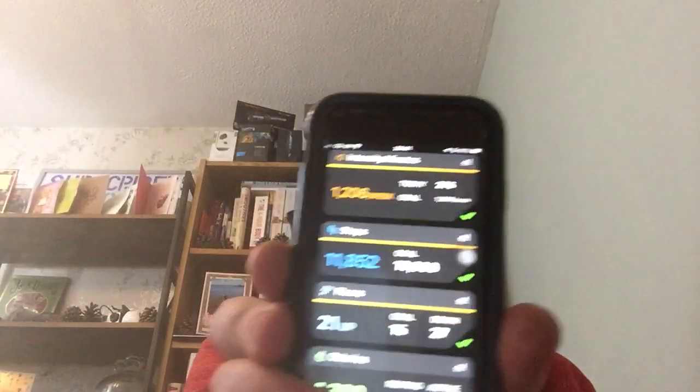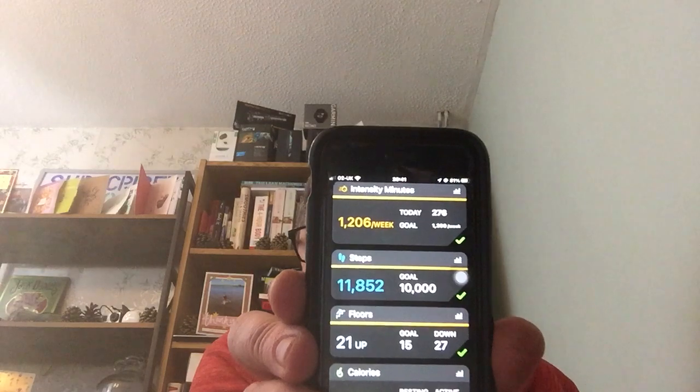Right, now the next one. Number 19, 20,000 steps every day. And I've talked about this, and everyone goes, you're a dog walker, you do that. I don't. I do 20,000 steps frequently, I admit that. But I go up and down hills a lot, so the steps are not necessarily the same. But I want to get... Classic example. This week is Saturday night, so I've got 6 days. My steps today are only 11,852. But, more importantly...